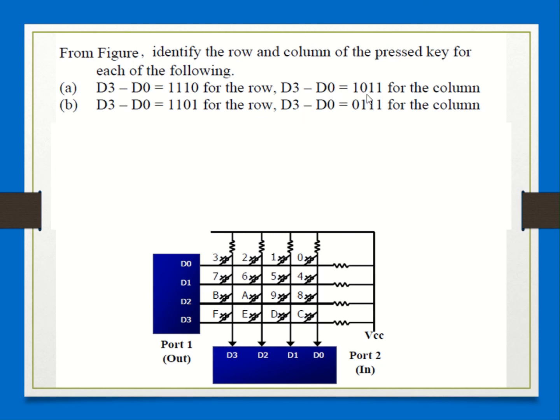And if it is 1011, identify the key for the column. Similarly, 1101 for the row and 0111 for the column. I'll pause for a while. You just analyze.